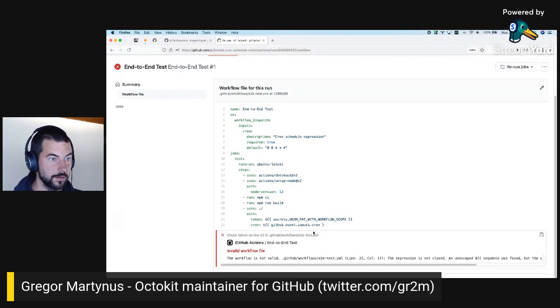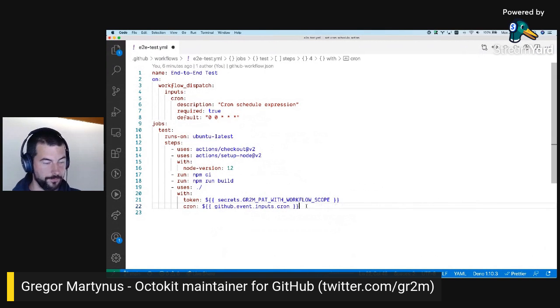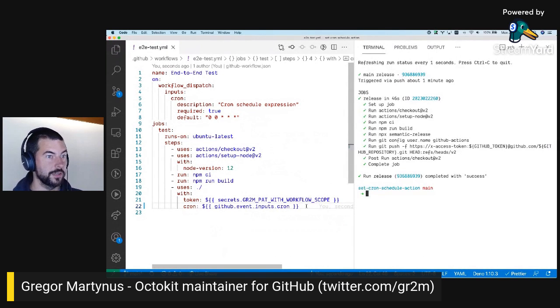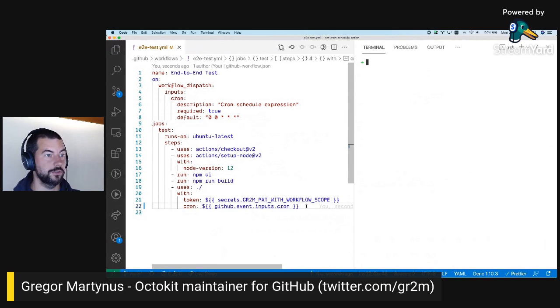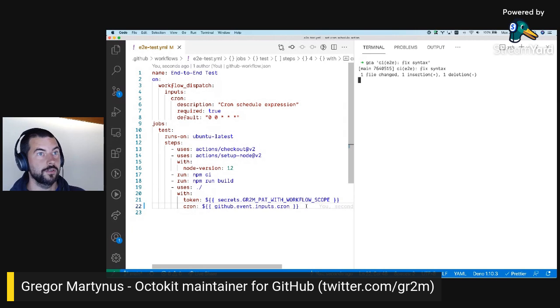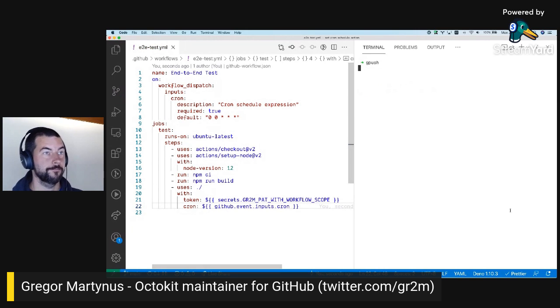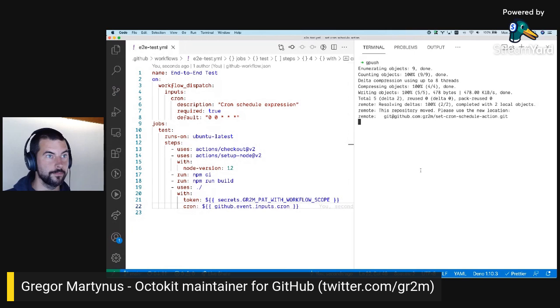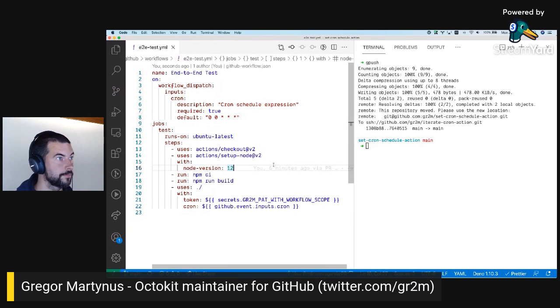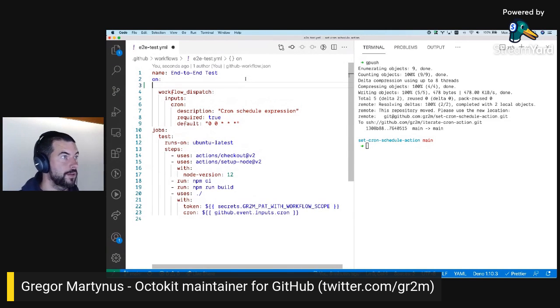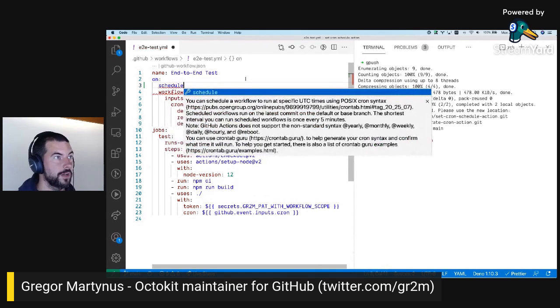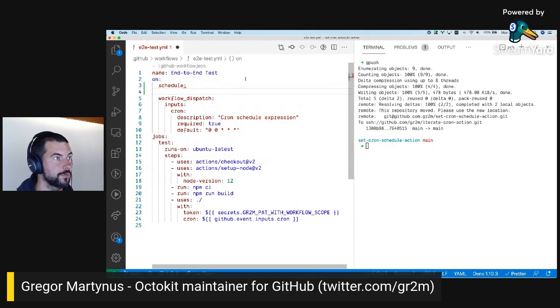What? Okay. So we basically forgot a closing bracket there. CI end-to-end fix syntax. Oh, I just realized for this to work, I also need to, wait, no. How does this work?